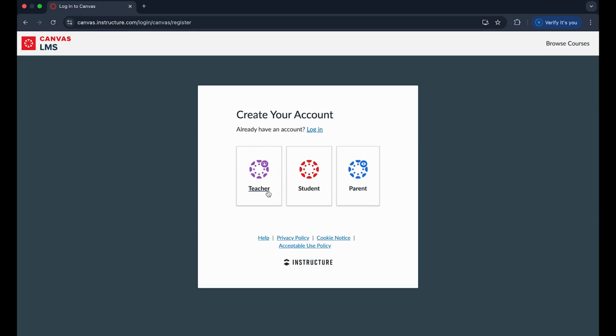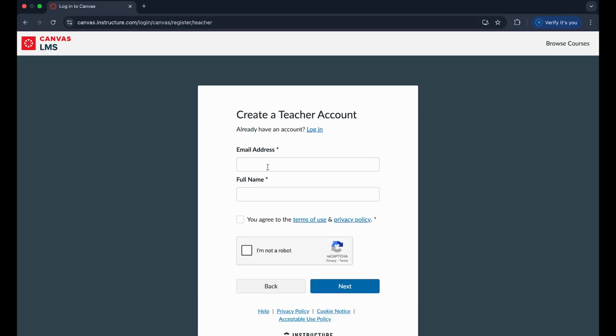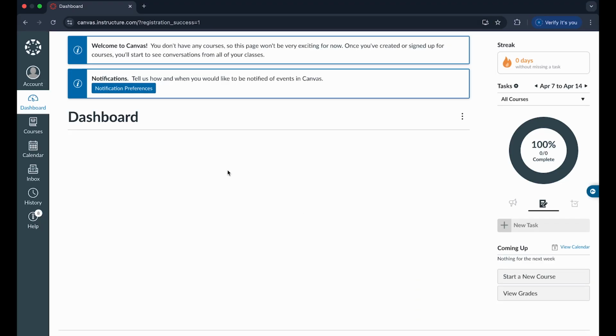Once here, you can click on teacher, student, or parent depending on what type of account you would like to create. In this case, we want to create a teacher account, so you want to enter in your email address, full name, that you agree, and you're not a robot. Once you enter in this info, you click on get started and you'll actually be signed up for a teacher